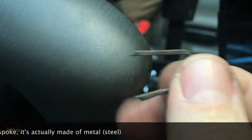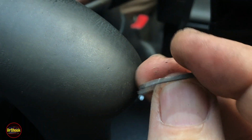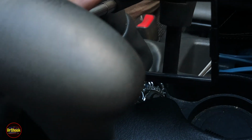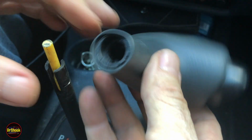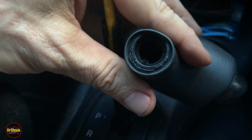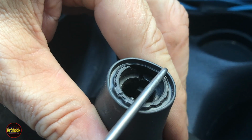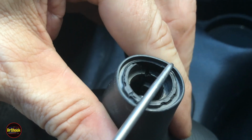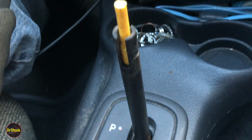We zoom out. Now a lot of times this clip will be broken or worn off, and that's what could cause this to not be staying on the shaft. But with that removed, it'll come off straight away. And if we look down inside here, what we can see is this bushing has worn, and that's what's letting it wobble. So we're going to replace this unit, and we're going to replace it with a GM,